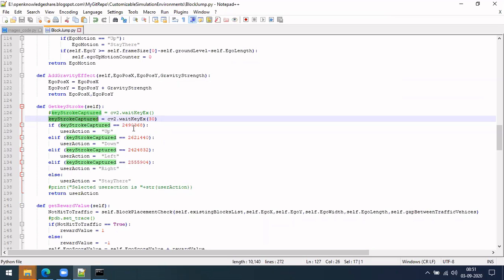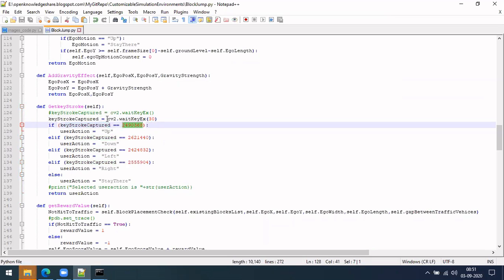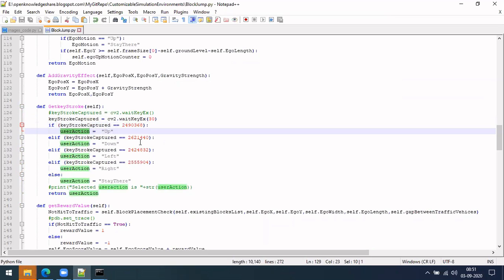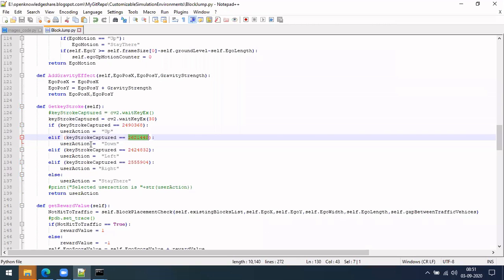In case we press up, this value will return this number. So I am checking if that is equal to that, then our user action is going up. Similarly, if it is equal to this, it is going down. This will be available in the documentation. I googled it, got these values from the documentation, and added them here.